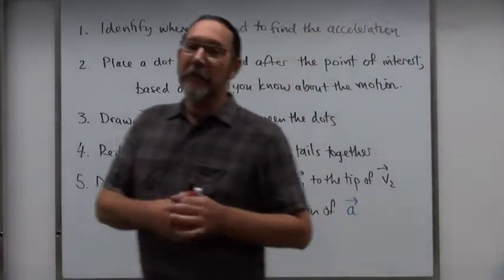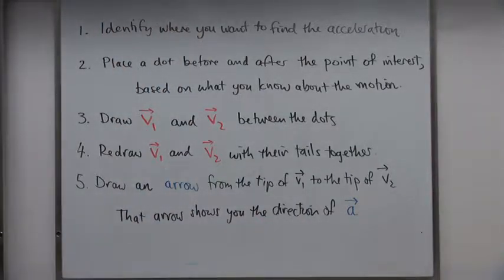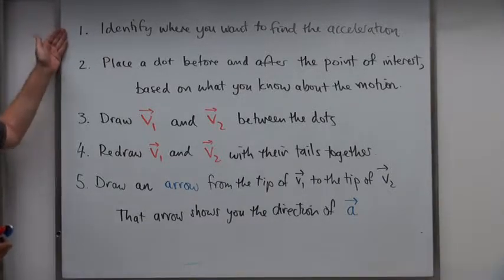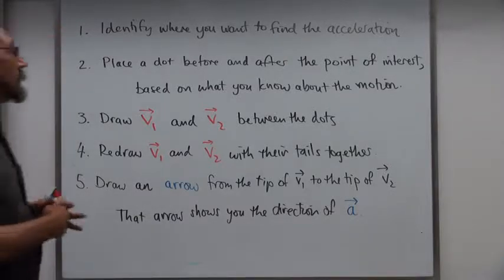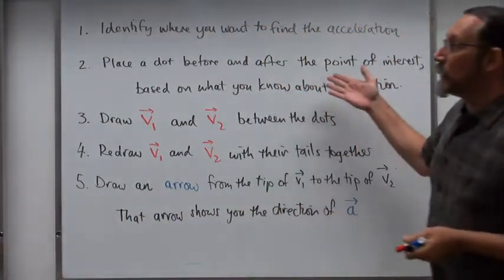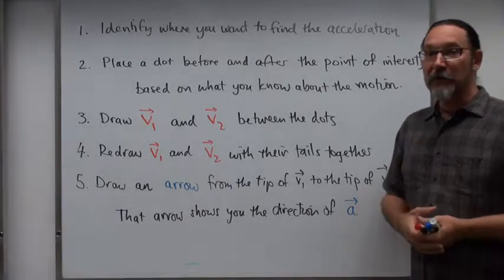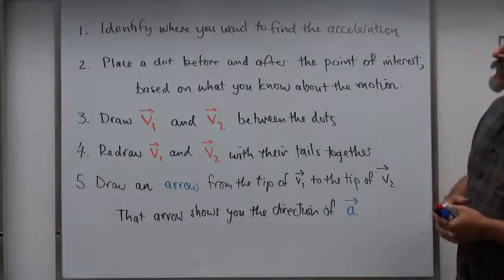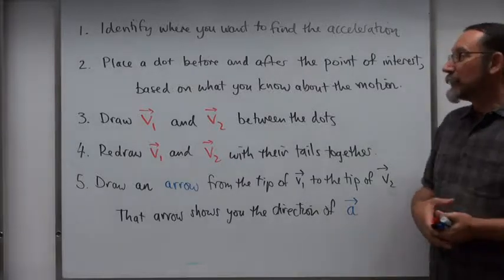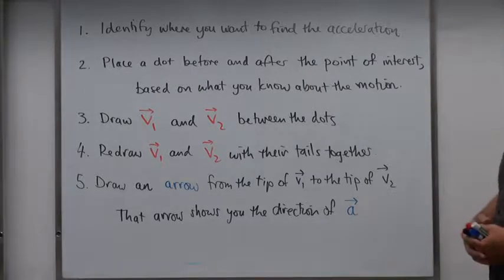So I want to remind you how we find the acceleration direction when we've got curved motion rather than straight line motion. And so these are the 5 steps. The first step says we're going to identify what point we're trying to find the acceleration. The second step says that we're going to place a dot before and after the point of interest. Of course, you have to know what kind of motion is happening in order for you to place those dots